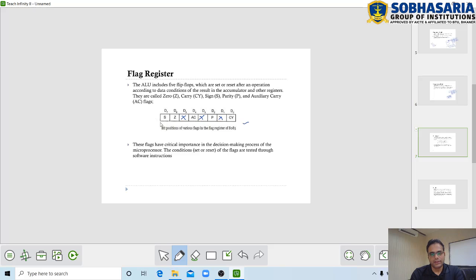So there are 5 flag bits: sign flag, zero flag, auxiliary carry flag, parity flag, and carry flag. These flags are, as we have told you, critically important in the decision making process. So this also helps to test a condition.